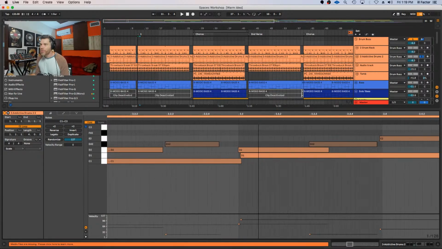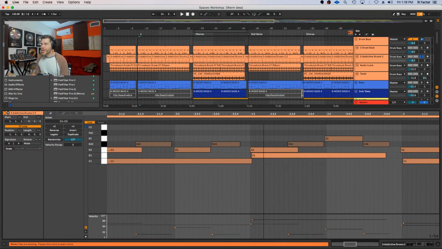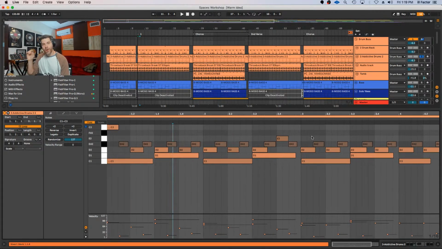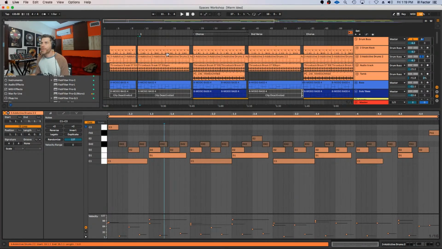As you can see, we have a kick drum here and a snare that's a little bit ahead. The kick drum's a little loose. So oftentimes, if I'm drawing in my notes, I will purposely go in and nudge some of these notes around. And it makes sense here when you have some of the tom fills.